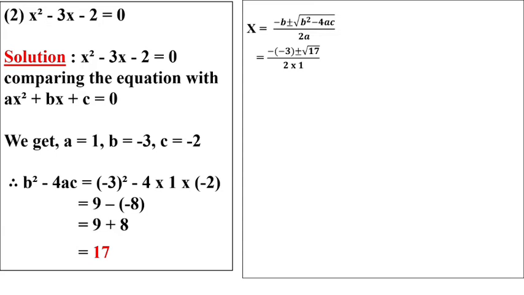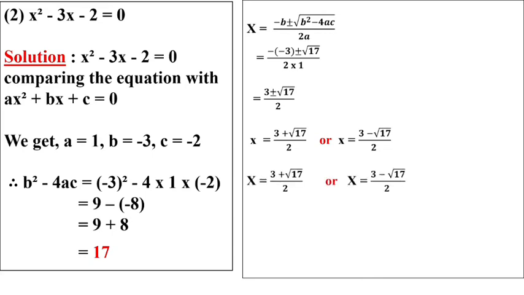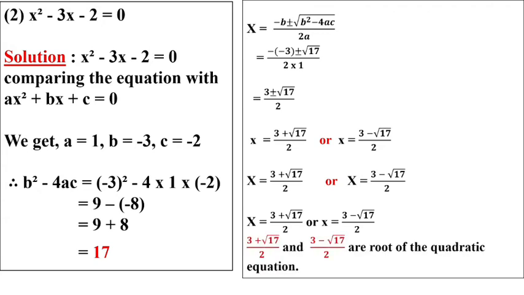Plus minus, discriminant value we got 17, 2 multiplied by a value is 1. So minus minus plus 3 became plus minus under root 17 upon 2. We'll write one positive, one in the negative. So cannot cancel anything over here. So our answer is same, 3 plus under root 17 upon 2, 3 minus under root 17 upon 2 are the root of the quadratic equation.